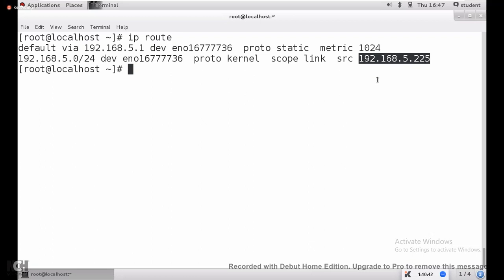So this route is sending the packet to someone via this device. This is the network, and this is our device name. Got it, guys? ip route is a command. It will show you the packet traveling route. Right. Next,